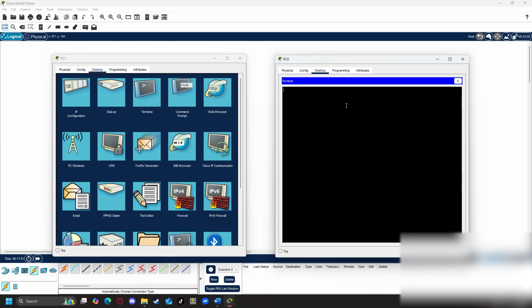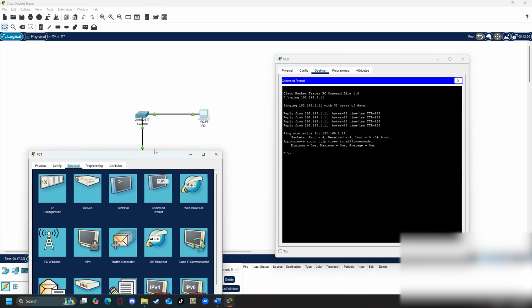Okay, here we go. We can ping 192.168.1.11, as long as my terminal's working, which it doesn't. Oh, command prompt, my apologies. Ping 192.168.1.11. As you can see, I'm getting an immediate reply from this device.